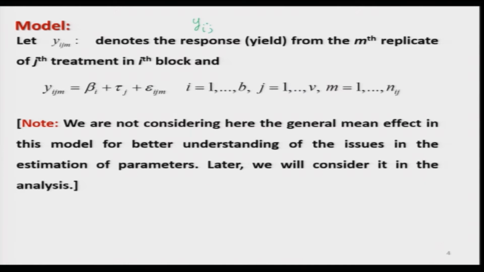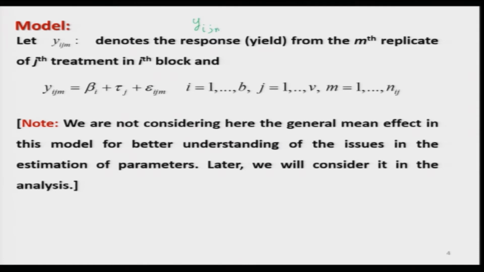But in this case, you are trying to consider a very general setup. You are trying to say that any treatment may occur once or more than once in any block, or not even occur at all. So, in order to incorporate that feature, we introduce here one more subscript,